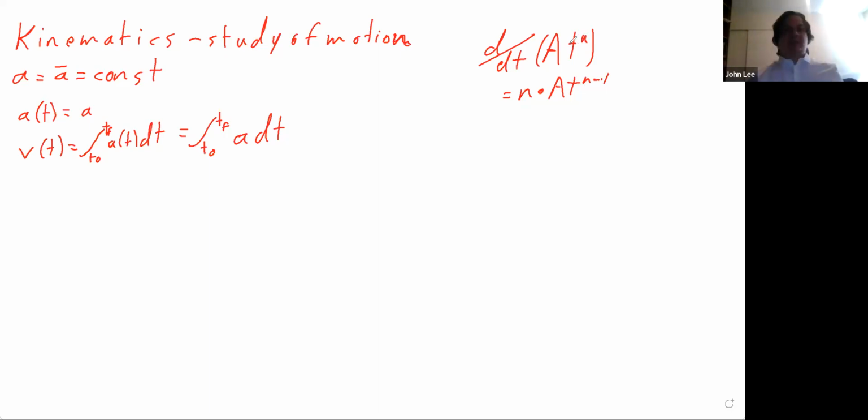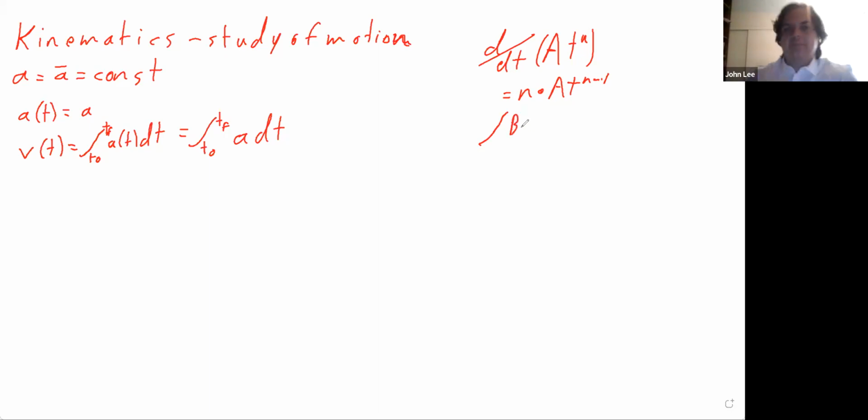This is definitely something that you should remember from calculus, but as long as your variable that you're taking a derivative of is some constant times t to some constant, which in this case is n, then the derivative is just going to be that second constant n times a, the multiplicative constant, times t to the n minus 1,